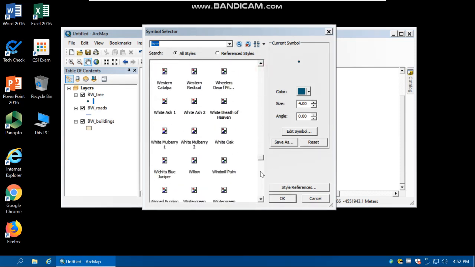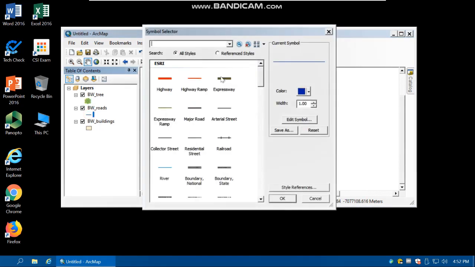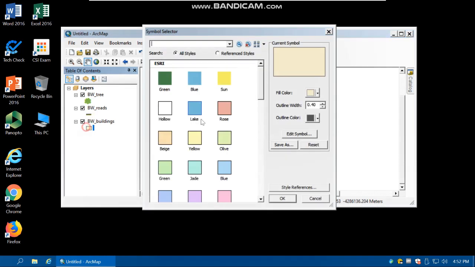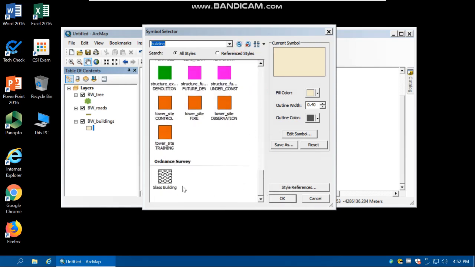So let me select this one, 3 underscore deciduous, and decrease the size. For the roads, maybe this one. Okay, for the building, let me see whether we have anything interesting in the building. So we have these buildings, so which one? Maybe this one. No,